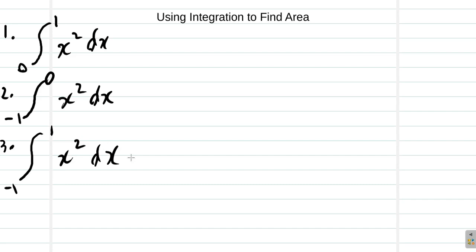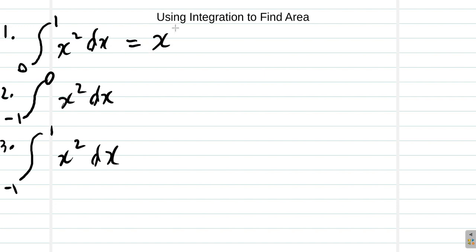Let us calculate the following integrals. We want the integral from 0 to 1 of x squared dx. So we're finding the area. An area here. Now, if we do this, what we'll get